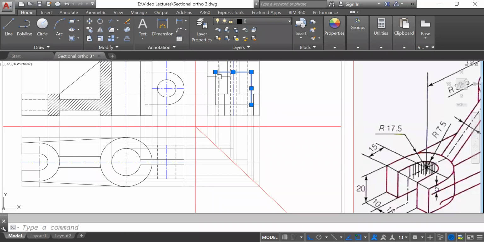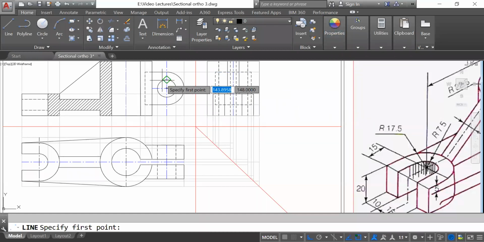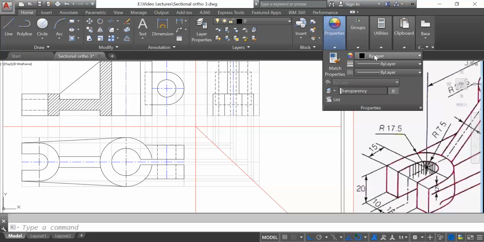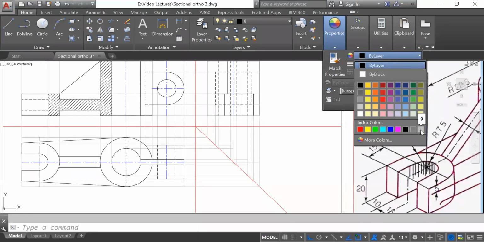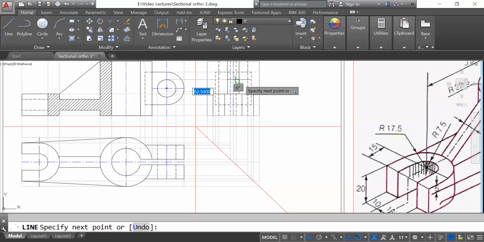This one, and this one. Completely hidden is there. So you can show that hidden line over there. And for the inner circle, we have to show the hidden line again. So for the inner circle, you can just take the projection again from the side front view.